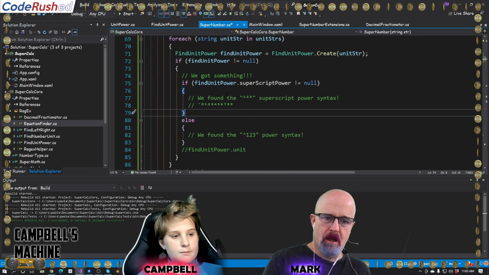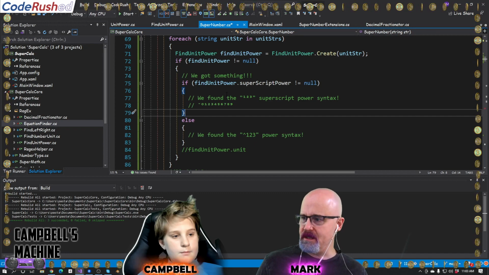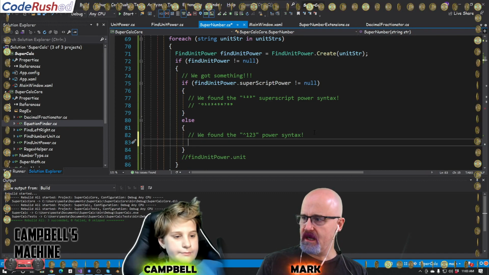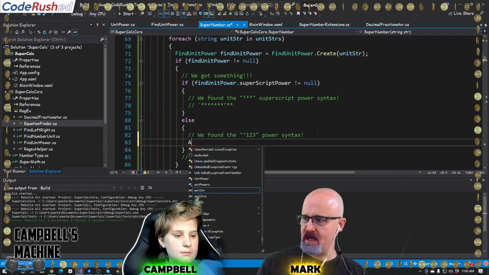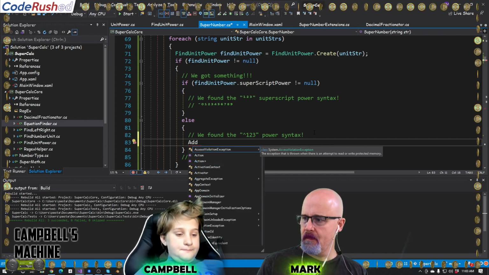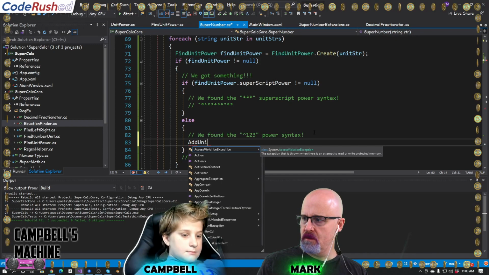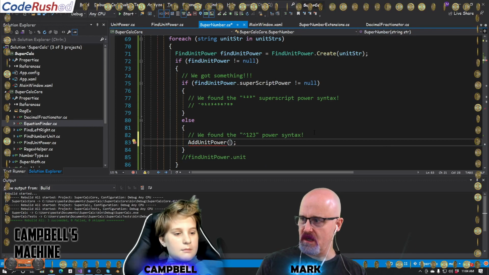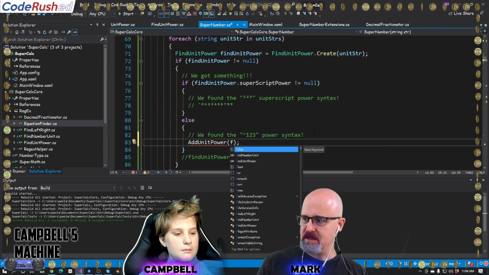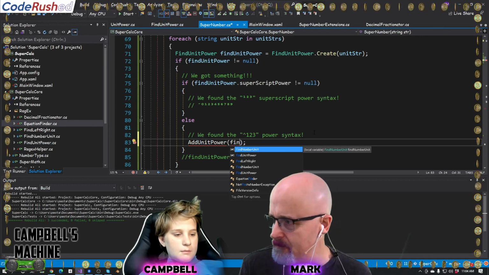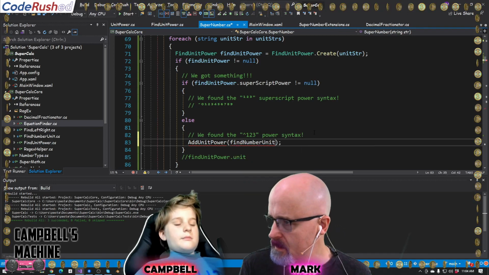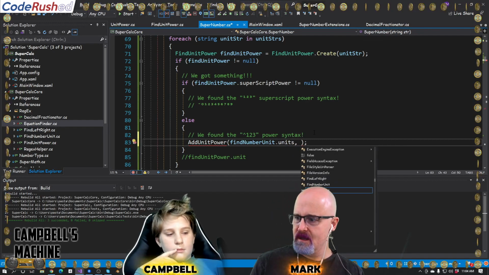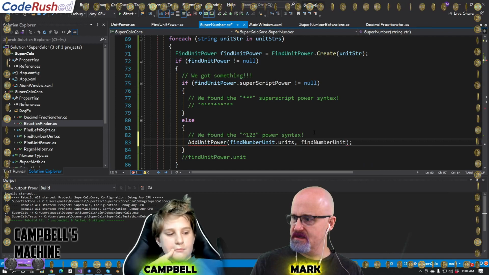There you go. All right, so for this one down here, we're going to say unit power. No, we're going to do this. We're going to say add unit power. And we're going to pass in a string and a number. We're going to pass in find number unit dot units. That's the string. And then we're going to pass in the second piece, which is,